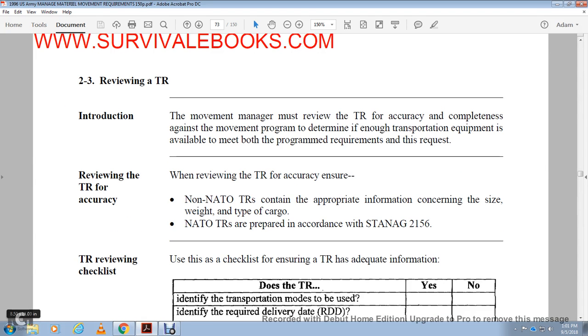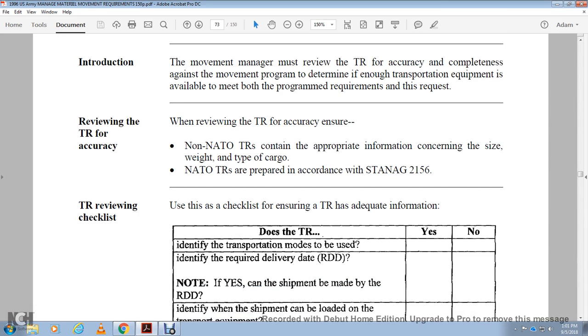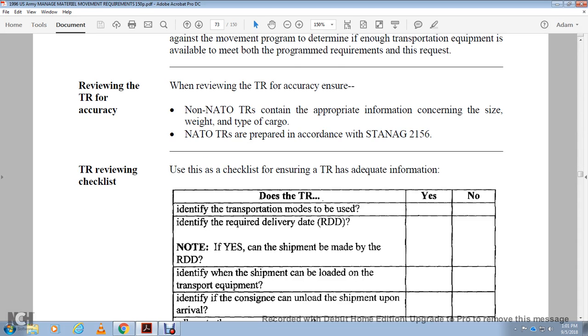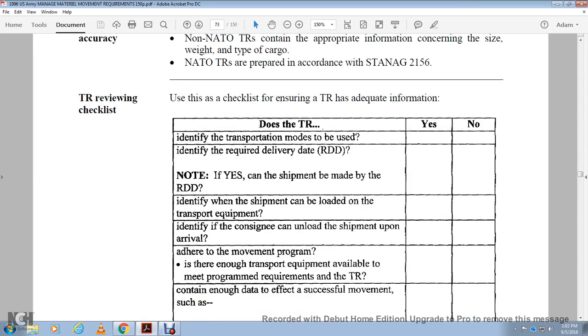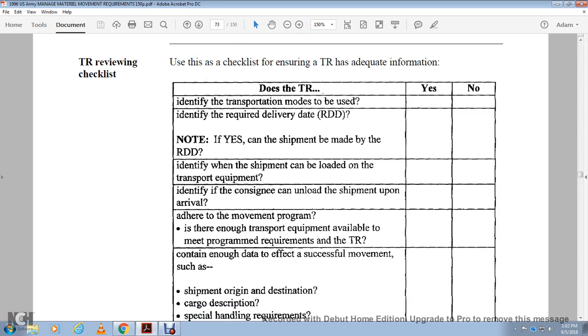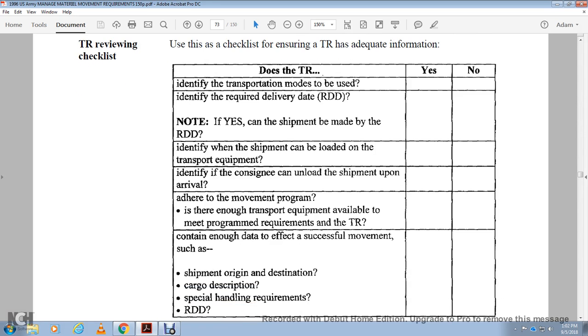Transportation request review checklist: use the checklist to ensure the transportation request has adequate information. Identify the transportation mode to be used. Identify the required delivery date. Identify the shipment that can be loaded on the transportation equipment. Identify the consignee, who can unload the shipment upon arrival, to adhere to the movement program, and whether enough transportation equipment is available to meet the program requirement of the transportation request. It should contain enough information to affect the movement, such as shipment origin and destination, cargo description, special handling requirements,